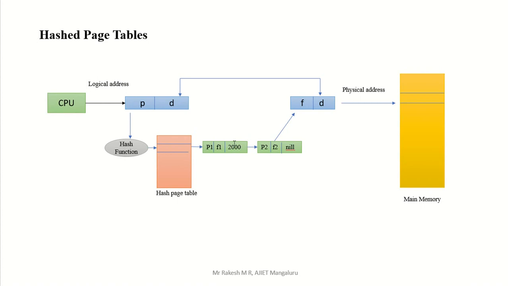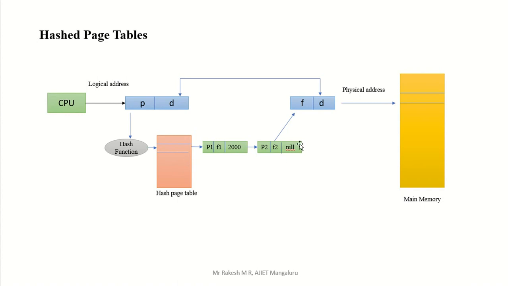2000 is the address. So inside this hash page table we are getting one format. So here P1, F1, and 2000 is the address. We have to jump to that particular address in order to get our real answer. Now jump again: where do we search 2000? Here itself, in the hash page table itself, search the 2000 address. There at that particular 2000 address, we are getting another format, this one.